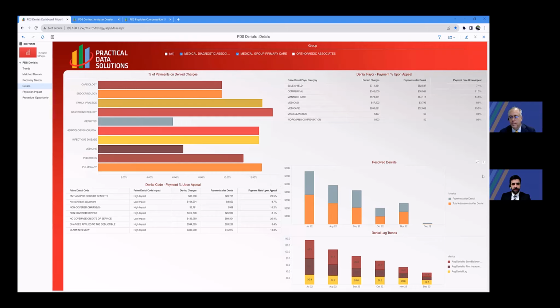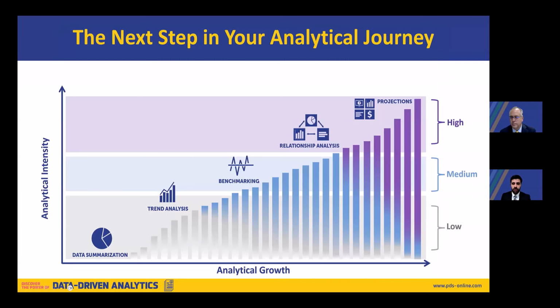Yeah, and I really like that visualization. It incorporated a couple of different key things we've discussed, right? It had some data summarization, obviously some trend analysis, but also showcased why incorporating benchmarks can be important to your organization. So, now that we've discussed those areas of analytical intensity, let's move to the higher echelons and focus on